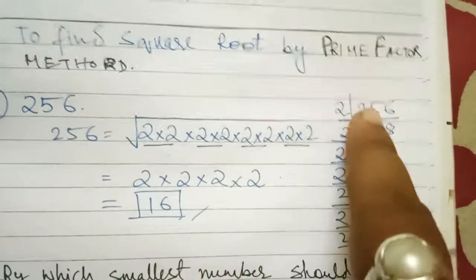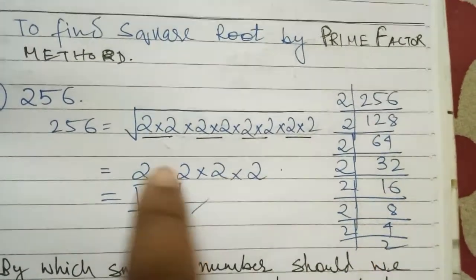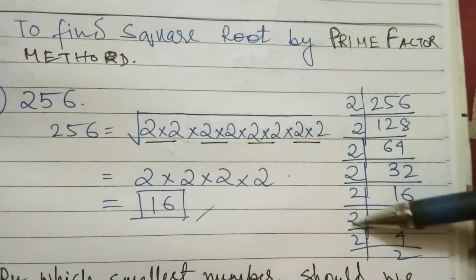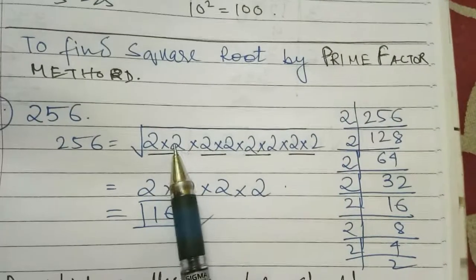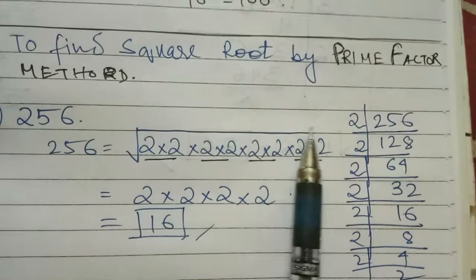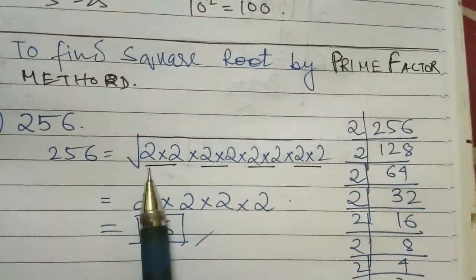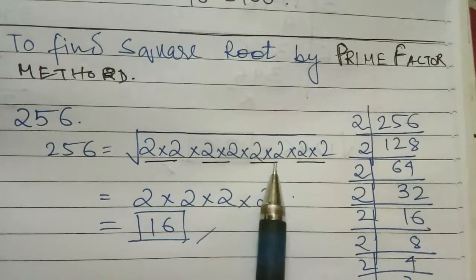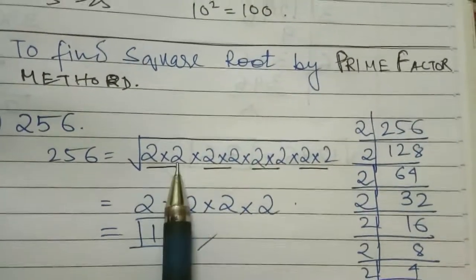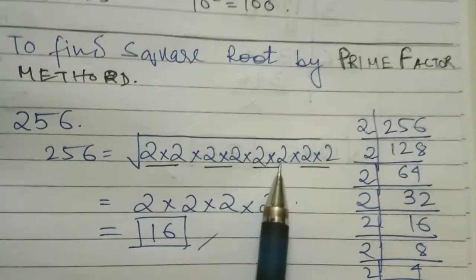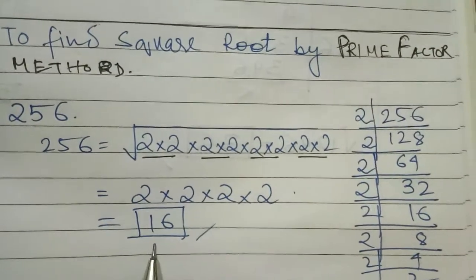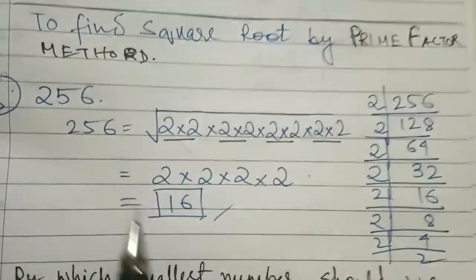Then from here, after dividing, we are making a square root. How many 2s are coming? See, 1 2 3 4 5 6 7 8. That means 8 twos. Now for the square root, we have to make pairs. I have written in pairs, underlined with black pen. This is a pair, this is also a pair, this is also a pair. From one pair only one 2 will come. So 2 into 2 into 2 into 2 is coming, what? 16. That means the square root of 256 is 16.